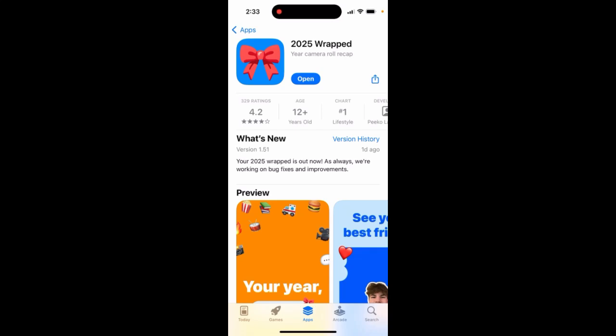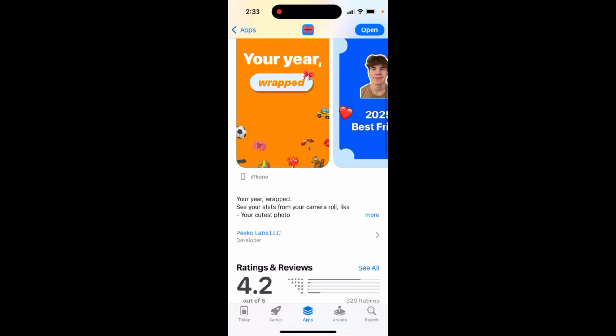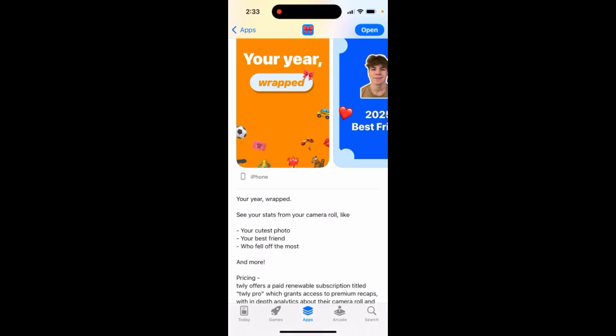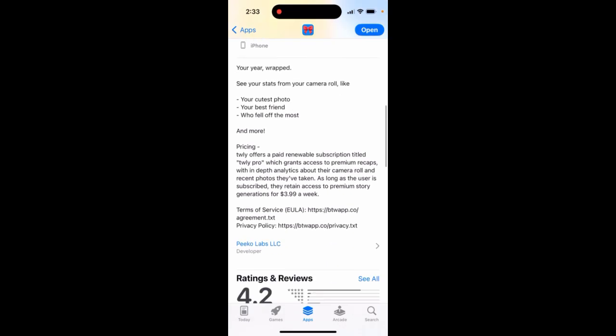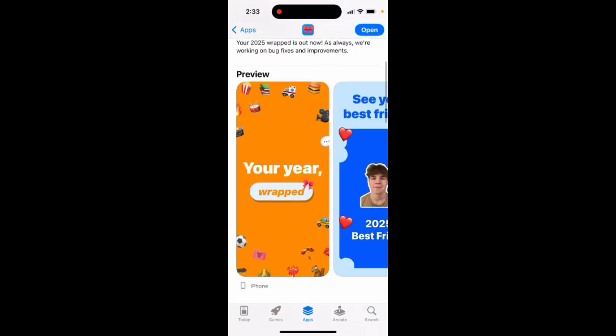2025 Wrapped, your camera roll recap. It's quite a trendy app where you can wrap all your camera roll on iPhone super easily, and then just generate a story and share it on Snapchat or TikTok. You can do it for free with basic functionality. If you want additional functionality, you can create this premium story, and it just costs $4 per